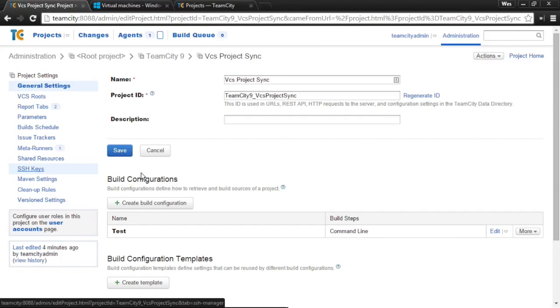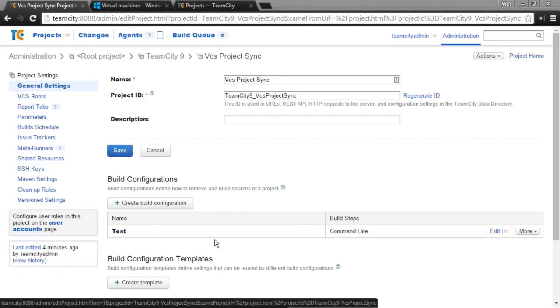Also, because it's possible that a password is stored as a component of one of the build configuration's build steps. Say you're FTPing something and you need a password to the FTP server. Those will be checked in, but they'll be checked in garbled essentially. But you should be aware that the password itself is being checked into version control. It's not readable, but there may be concerns about the security of that